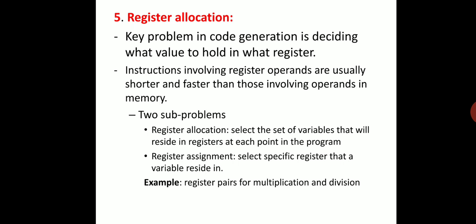That is, we need to identify the variables that we want to store into the register, that is nothing but the register allocation. And second point is register assignment, that is, once we know what variables we have to store into the register, we have to select the registers to store those values into the register. So first, register allocation is nothing but we have to identify the variables that we want to store into register, and register assignment is nothing but select the register in which those values need to be stored.